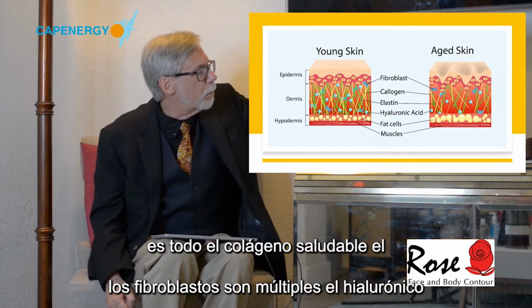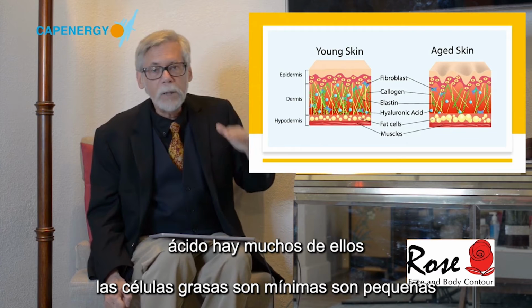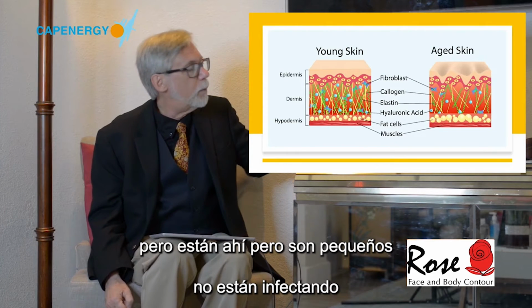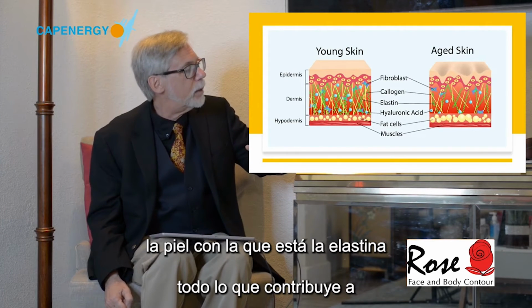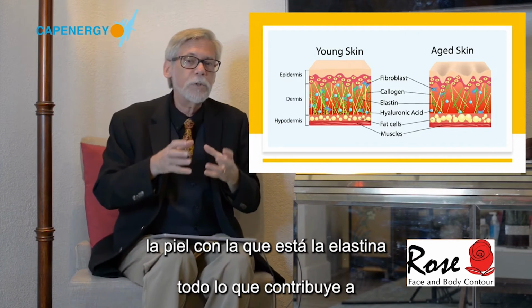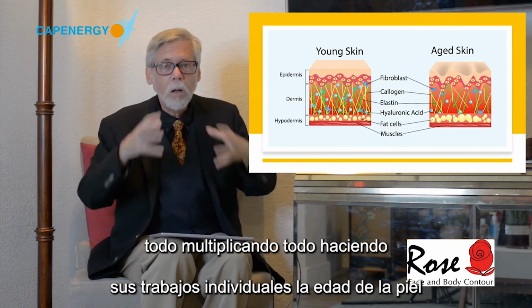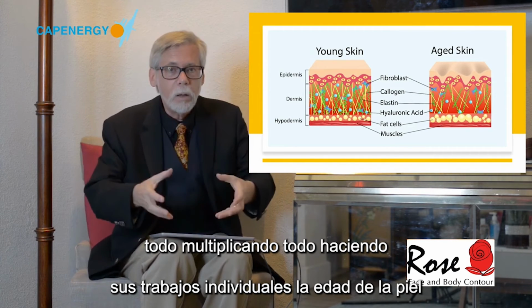The fibroblasts are multiple. The hyaluronic acid, there's a lot of them. The fat cells are minimal. They're small, but they're there. They're not infecting the skin. The elastin is there. Everything that contributes to the healthy appearance of the skin is all there, all multiplying,